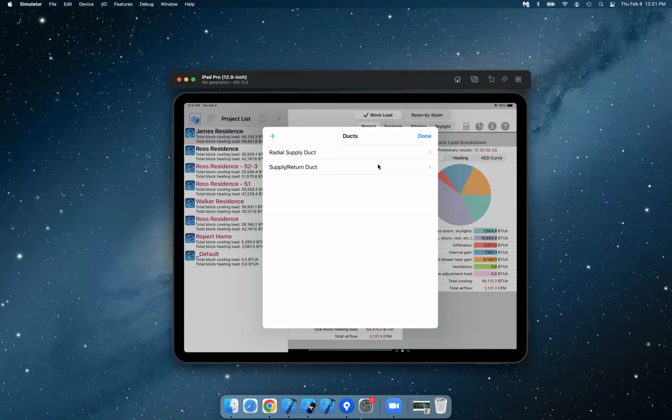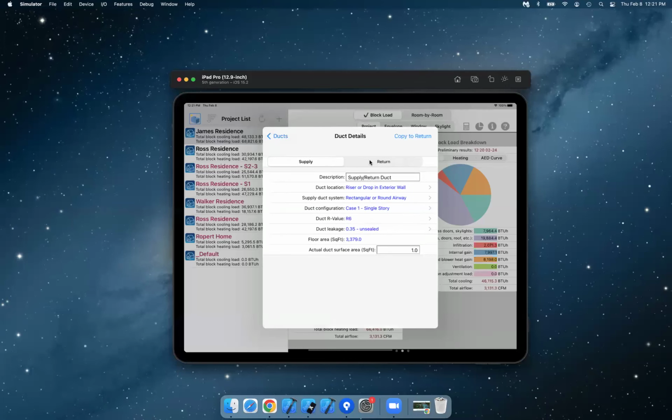So it's important to model the basics of your duct system, and so it will calculate any heat loss or heat gain. So I'm going to select this. You can do supply and return, and then there's a bunch of parameters for your supply. Okay. And the main thing you want to do is your duct leakage. Is it totally leaky, unsealed, no wrap, no insulation? It's leaking like a sieve. You want to select this. If this is a newer duct system that is really sealed and tested, you want to select this. And obviously, the less duct leakage, the less heat loss and heat